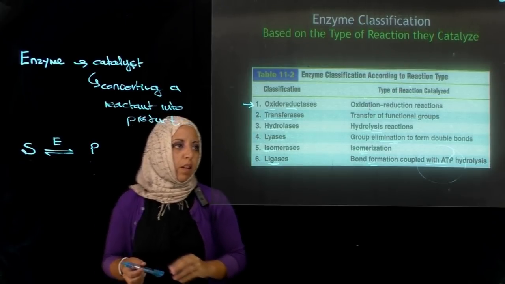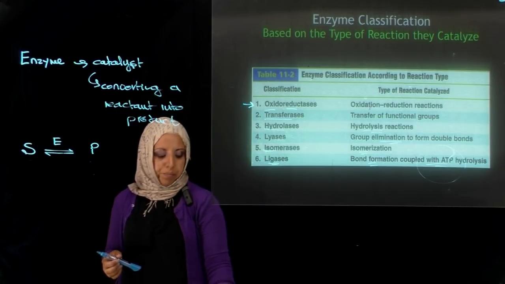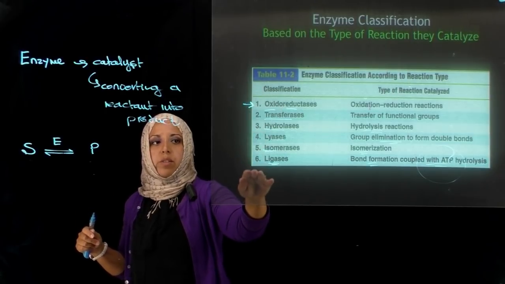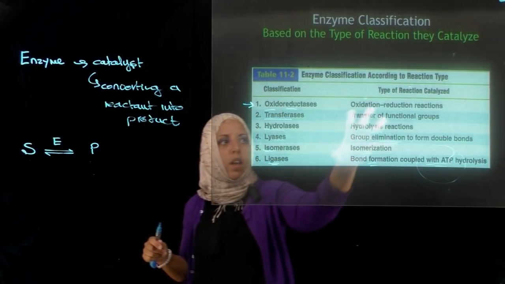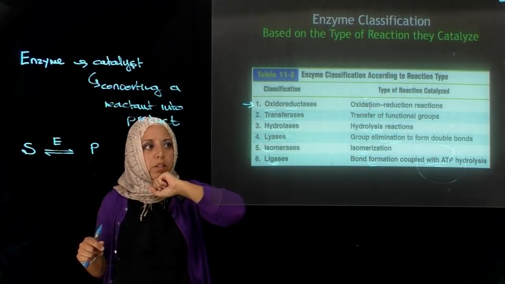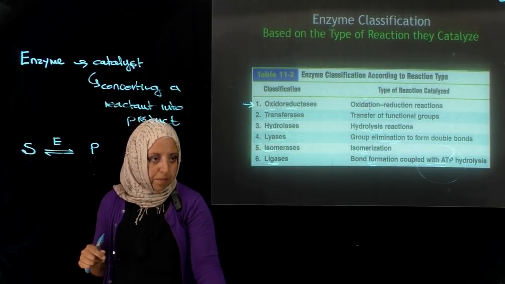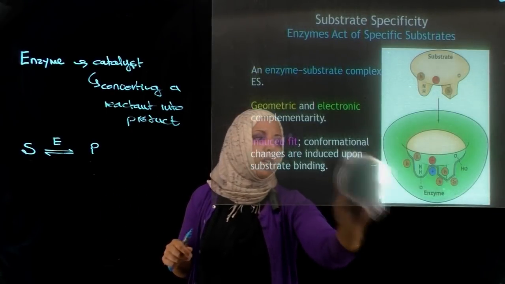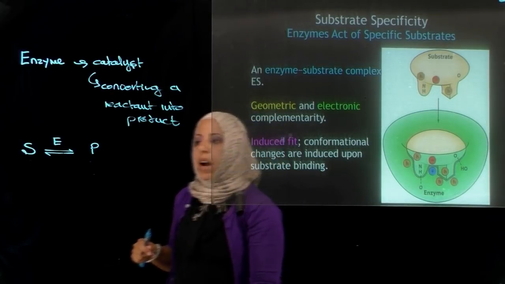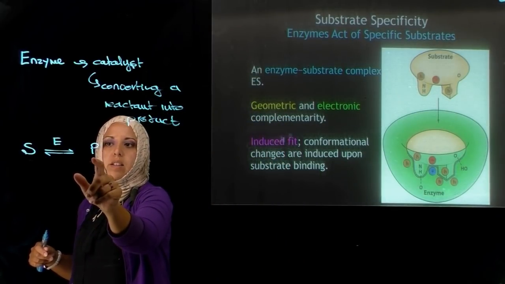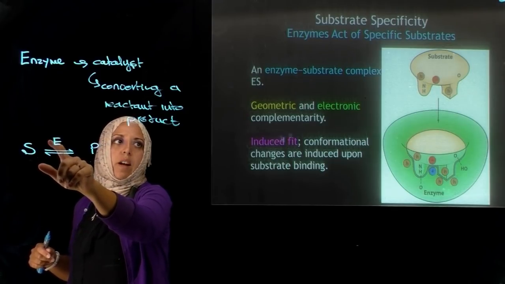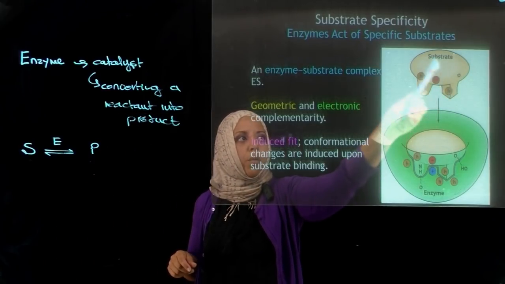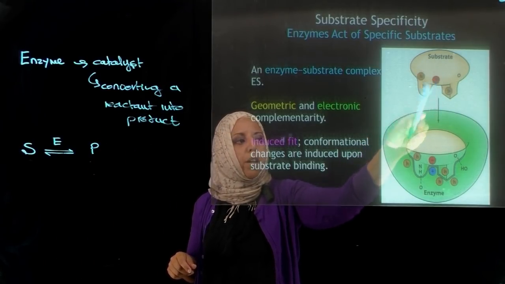All right. Okay, so those are the larger classes of enzymes. All enzymes will belong to one of those 6 classes, depending on the actual type of reaction that particular enzyme catalyzes. Okay, so when an enzyme converts a given reactant or a given substrate into product, the substrate binds to the enzyme at its active site, right? So you have a substrate, and that is what's being converted into product, and we have